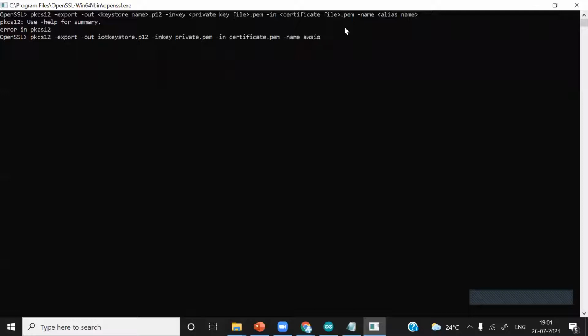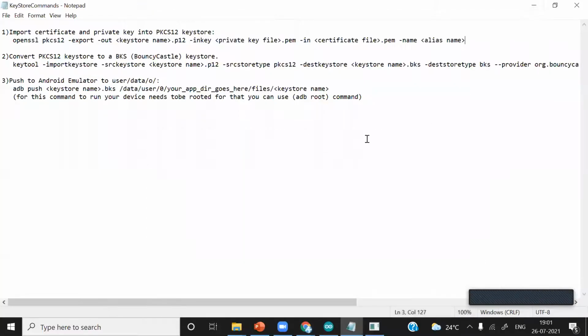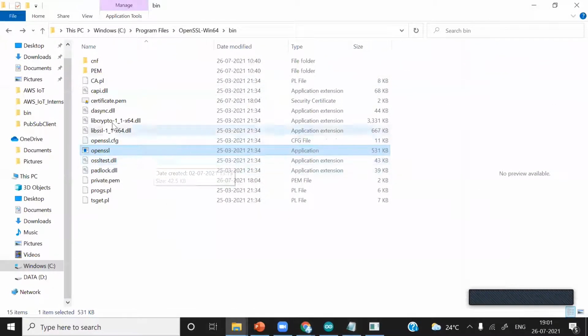Even though we have added everything correctly, if I hit enter, it will give an error. You can see here, can't open certificate.pem file, because even though it shows its extension as .pem, its extension is not pem.